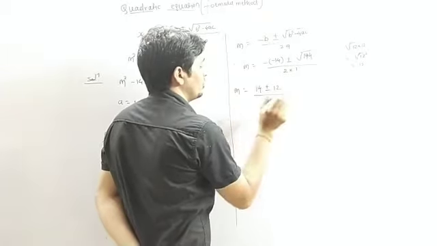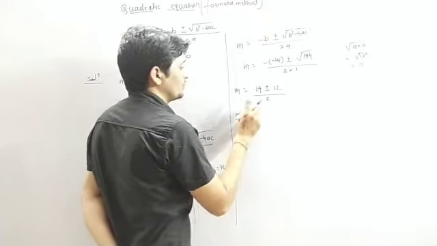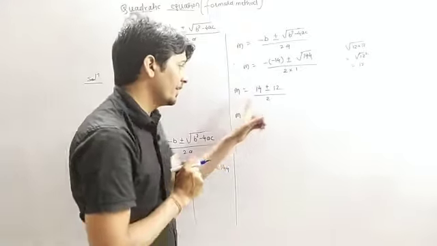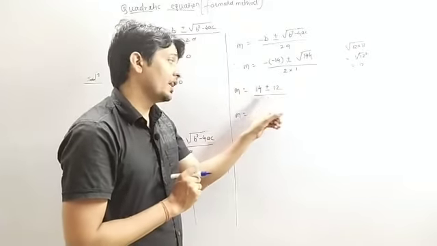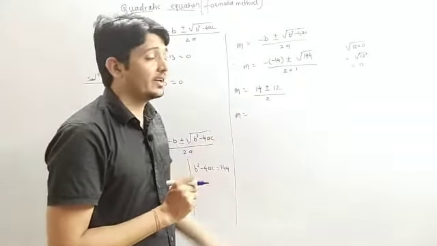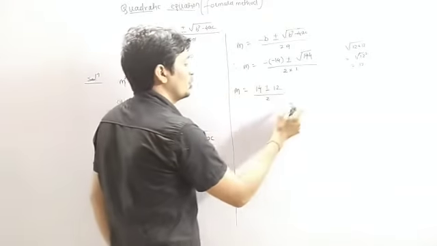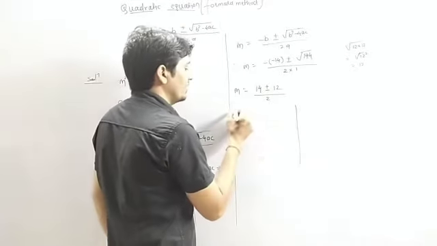Divide by 2 into 1 means 2, so m equals to, so अब हम क्या लेंगे, एक बार लेंगे पॉजिटिव, एक बार लेंगे निगेटिव, then we will get our answers. So हम इसको दो पार्ट में divide कर देंगे, ठीक है. So taking